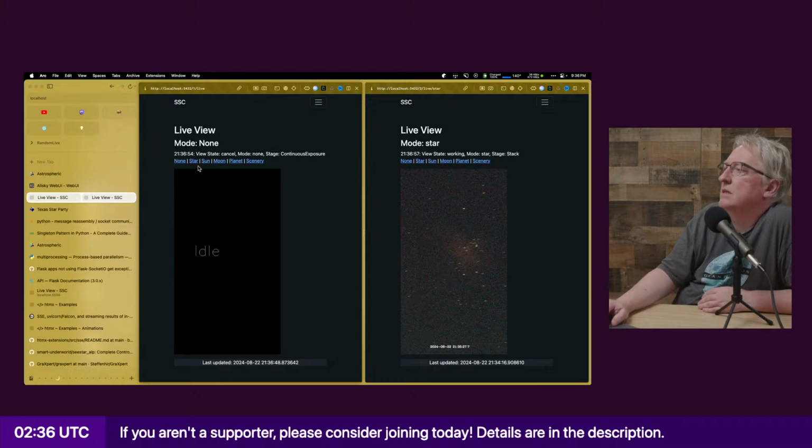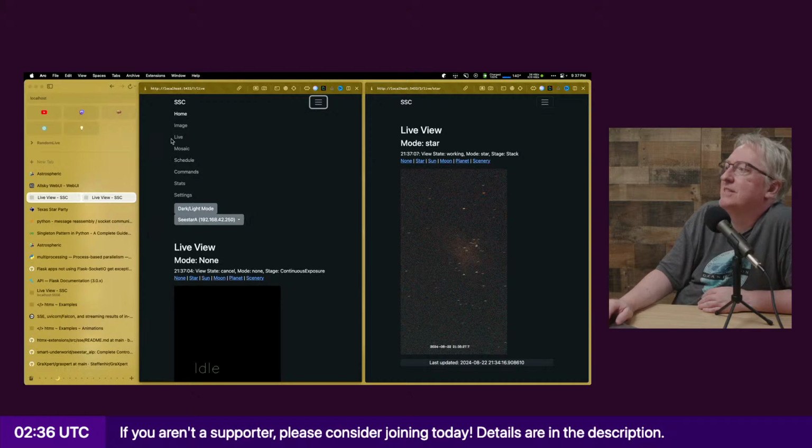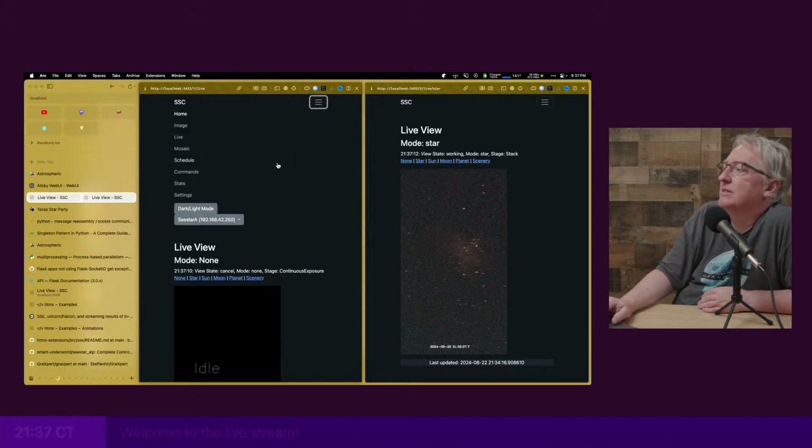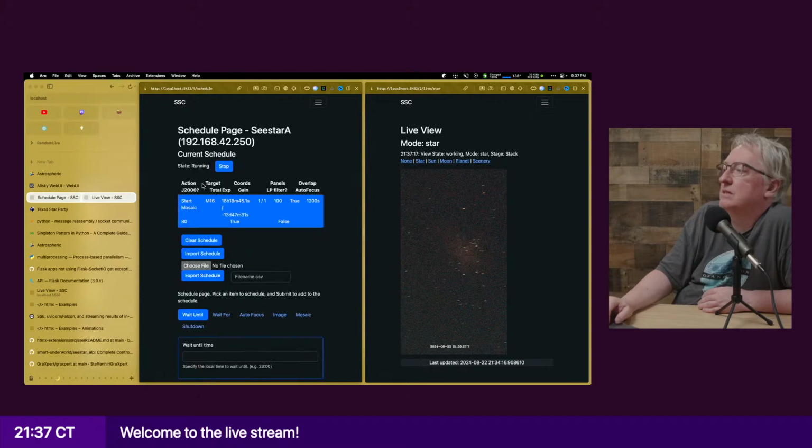Oh, dang it. I broke it. See, this is where I was saying if you come into this mode, it'll stop it was stacking, but now, let me go. Yeah, I really need to fix that. Although this claims it's running.